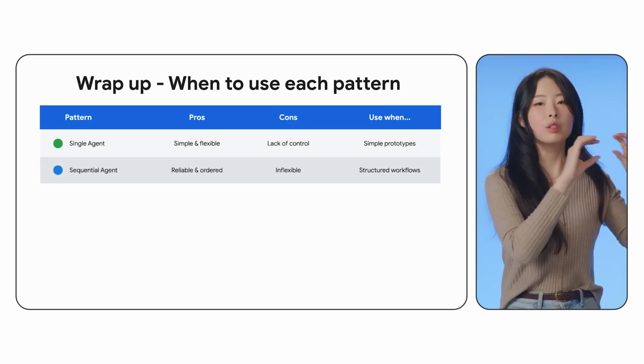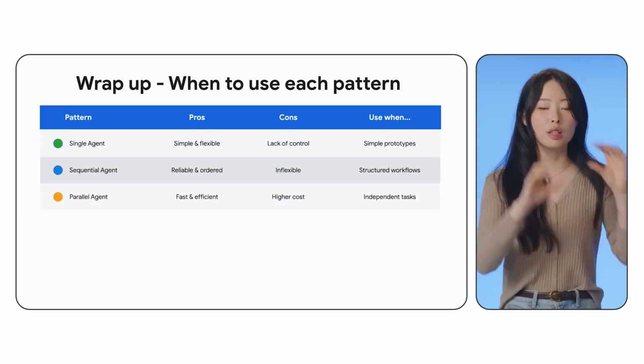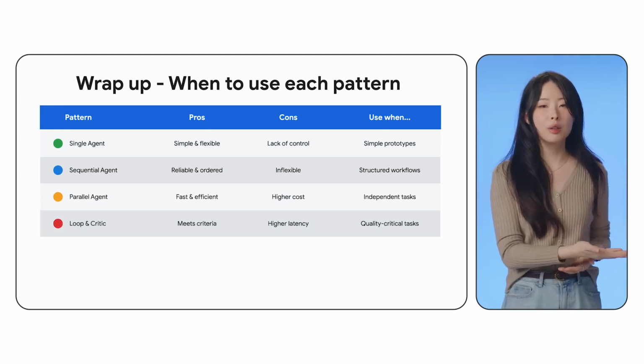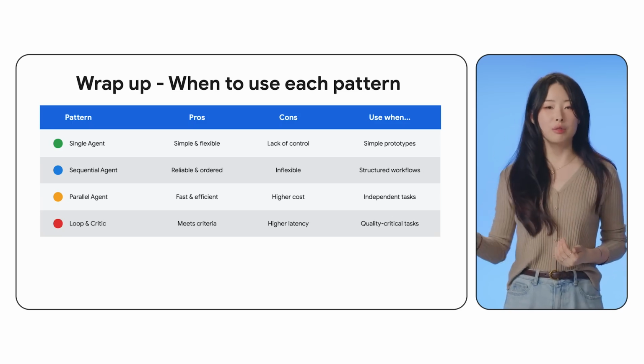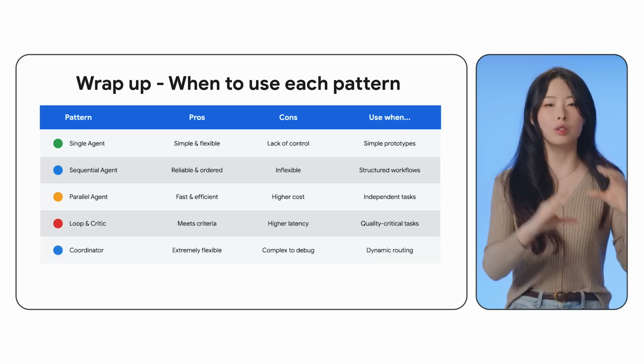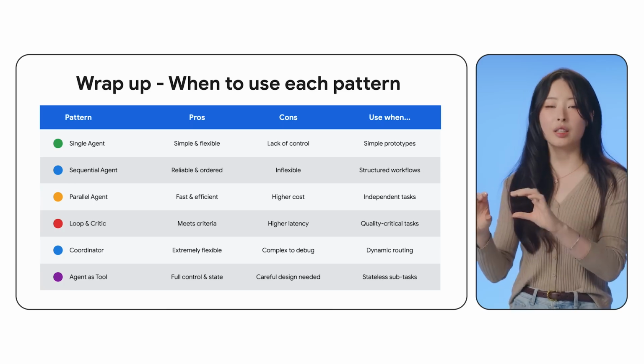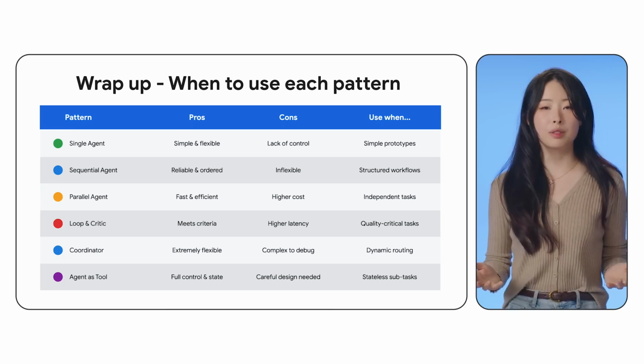You use sequential and parallel agents when you need a reliable and structured workflow. And you can use loop when you want to meet certain criteria, and use a coordinator or agent as a tool when you need dynamic, flexible routing to solve complex problems. Alright, I hope now you have a much better understanding of how to design